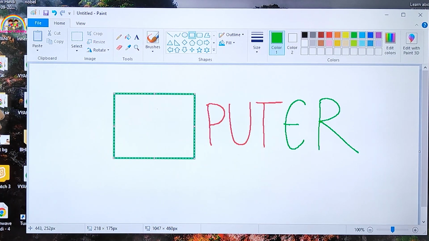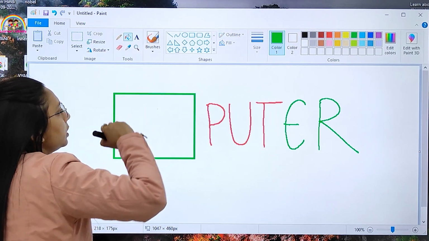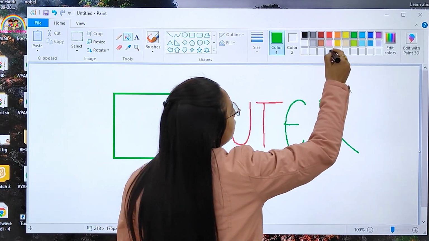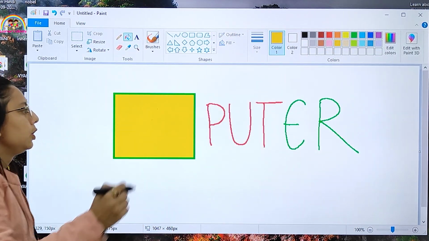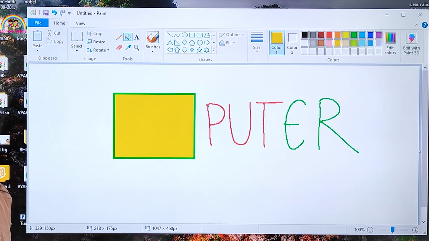Like this, I have drawn a circle. Now, a square. If you want to fill the color, you will go to this tool and then you can choose the color. Like I have chosen yellow. You will click on this. Like this, you can use the fill with color tool.